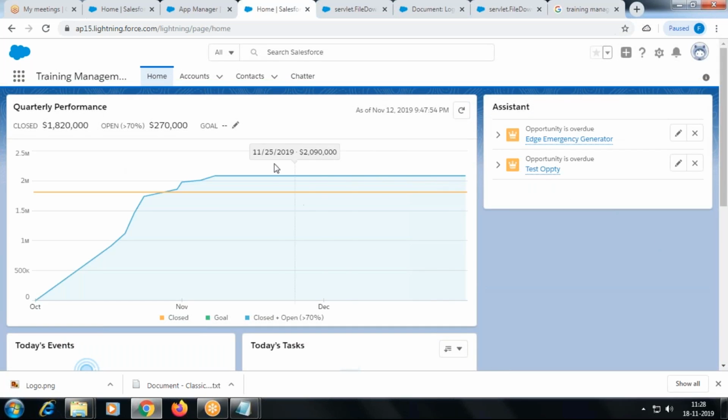This is how you'll see it. Okay, the home tab is different here. It will be different in Classic. We'll have a separate session later to understand the difference between Lightning and Classic. But now we are trying to understand the difference in terms of navigation, when you create an application, when you create a table, when you create a field. So that's how we are trying to understand. Later we'll see a separate session on the basic differences in Lightning, when we can go for Lightning, when we can go for Classic, right?